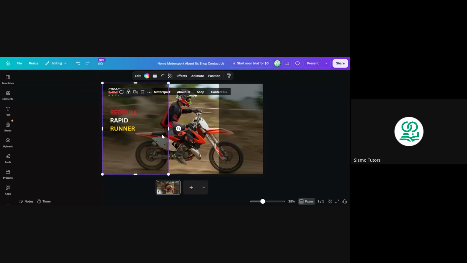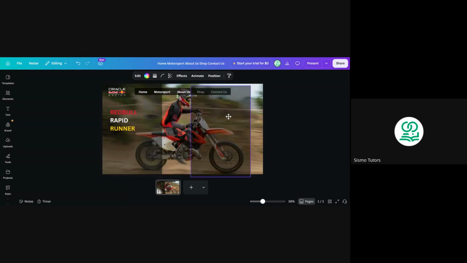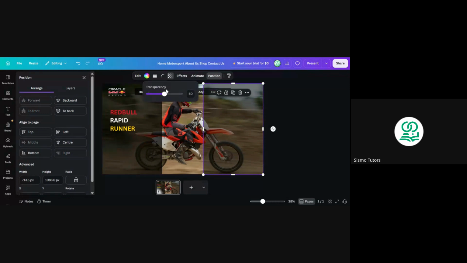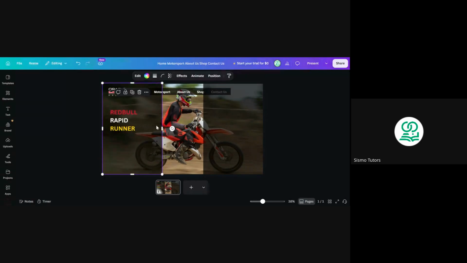So depending on what you are working on, you can decide to do it, or you can decide not to do it. Another reason why we did it is because the picture we are using is kind of light. If the picture is dark, then we could forget about doing that. So it's just about designing. It's not a problem. Now, since we are done with that,